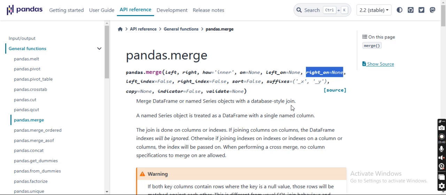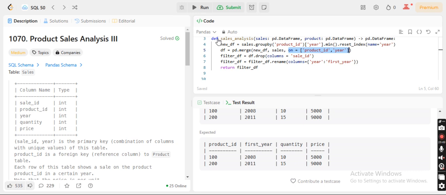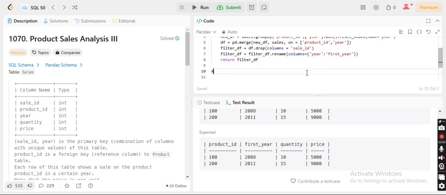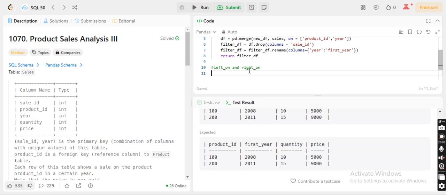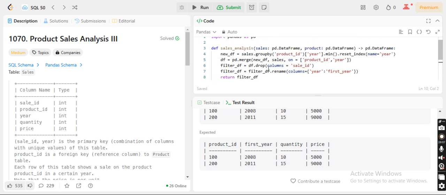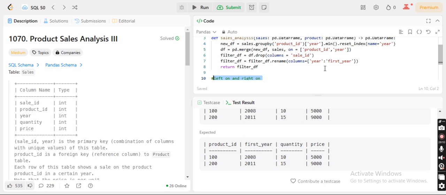So you can also try the same using left on and right on. Just put the same solution in GPT and try that. You will also have one more solution for this. So if I put this command, left on and right on, whenever you are visiting this video, you will understand why I have written this, and you may try it separately using a GPT.